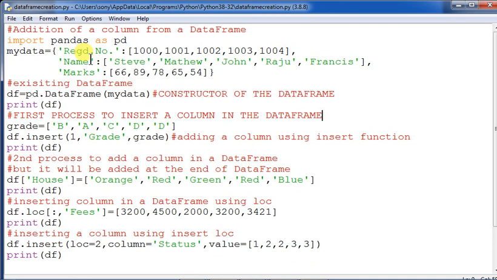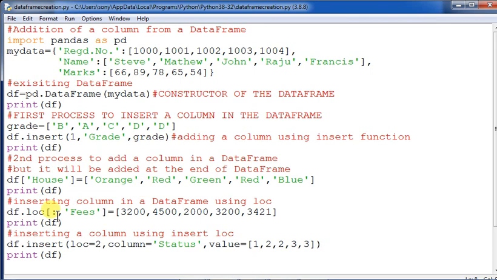That's why. Okay, so df equals pd.DataFrame. This is the existing data frame, and its constructor has been called in order to print it. Okay, and it has been initialized to the data frame object, and this is the first process. Okay, the grade, insert 1, grade comma grade. This is the grade column that has been added after the registration number column, because the registration number has index 0. Okay, and then whenever you are inserting normally, it will be appended at the end.